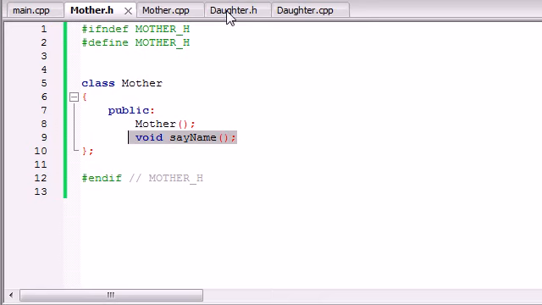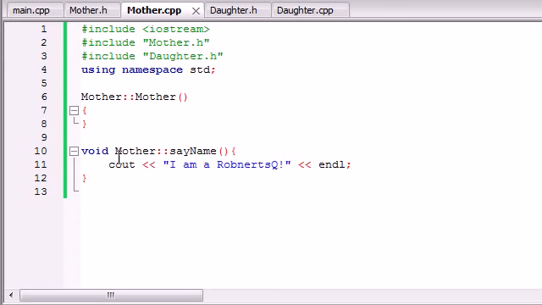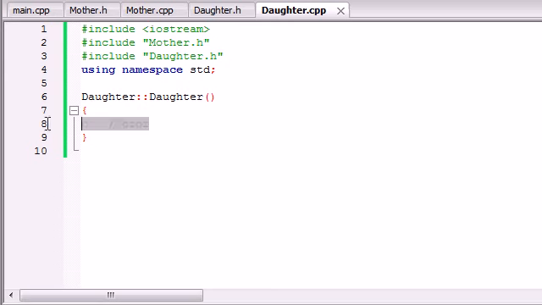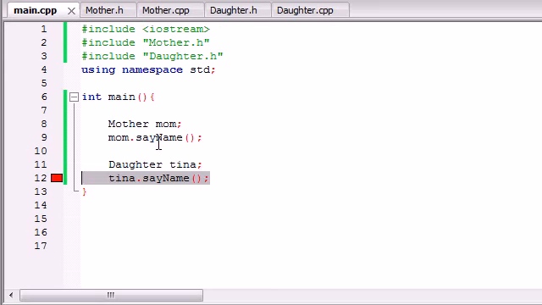Go ahead and copy this, put it in the daughter header, then copy all this, put it in the daughter CPP, and it should work fine. Well, yes, you can do that and it'll work fine, but I got an easier way to do things,